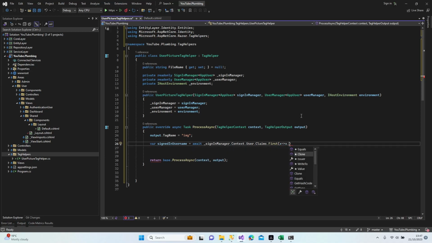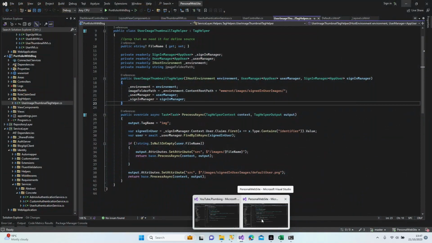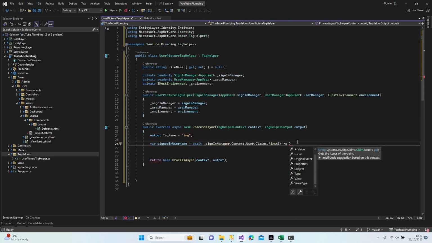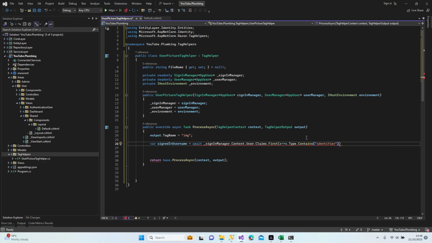So what we need is, do we need value type? Which one do we need? Let me have a look. Type, we need the type. Yeah, we're looking for the identifier. Dot contains identifier. Yeah, if it's identifier,